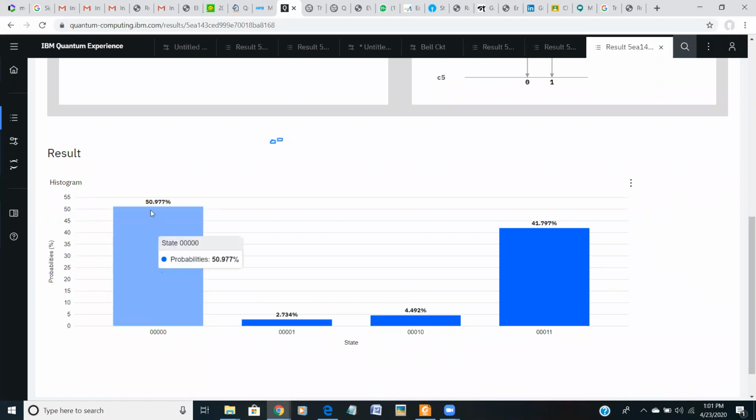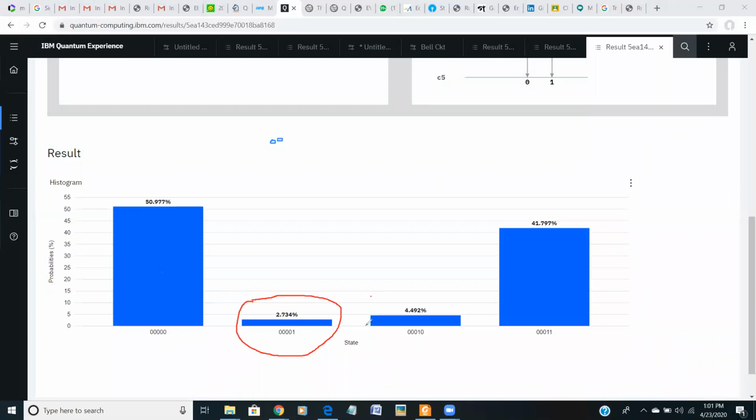You know that you should have 50-50, 0 and 1, but the result shows some difference here. That is due to distortion or noise. This should not come as an output.